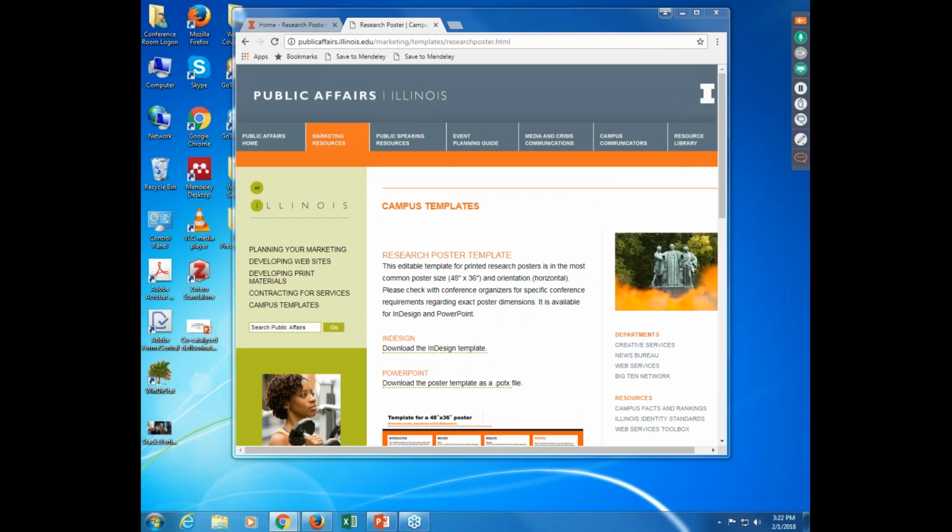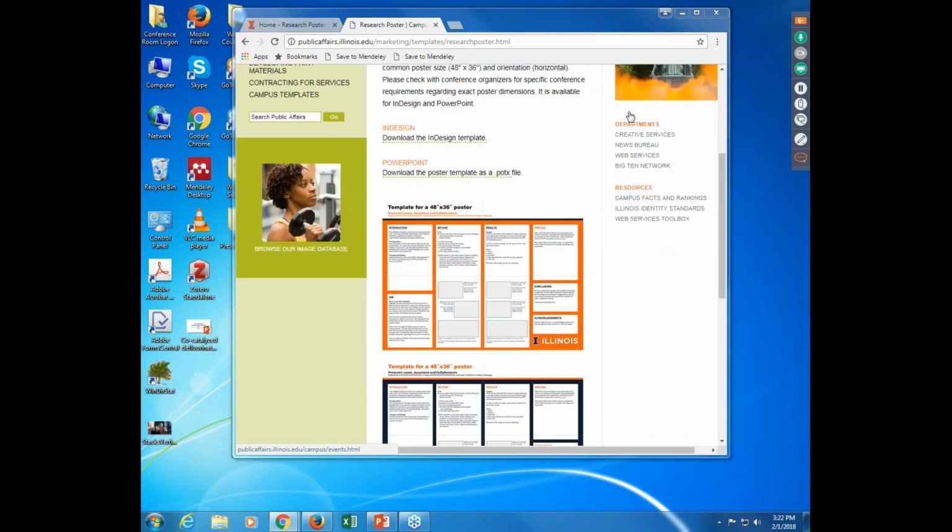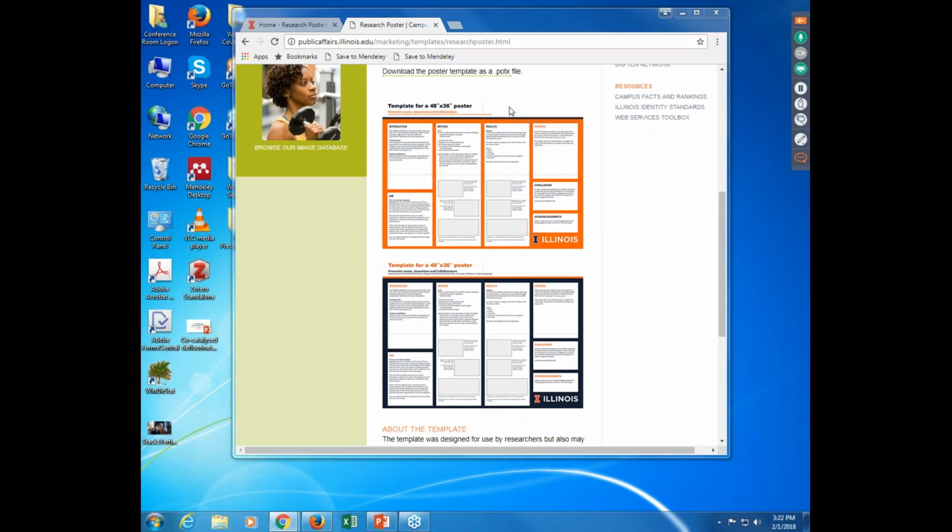Okay, so just to show, if we scroll down, these are what the templates look like. You have an orange one and a blue one, as you might expect. These are useful if you don't want to start from scratch. I'm not the most artistically inclined person personally, so I might consider using these just to give myself something to stand on.